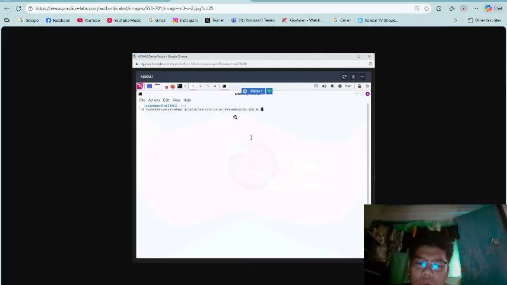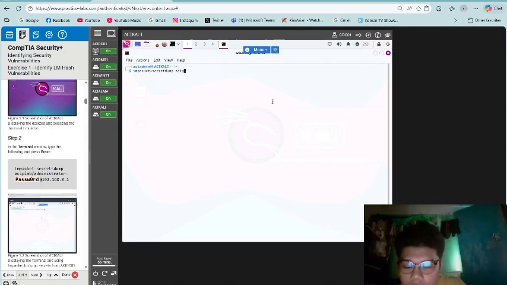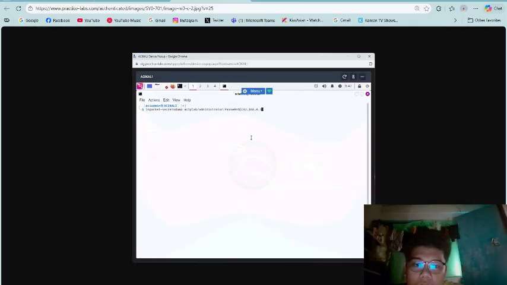So if you're not sure what you're going to type, you can just see this. So secretsdump space ACIPLAB slash administrator colon your password.